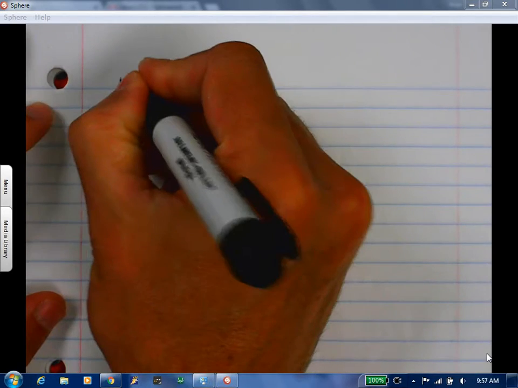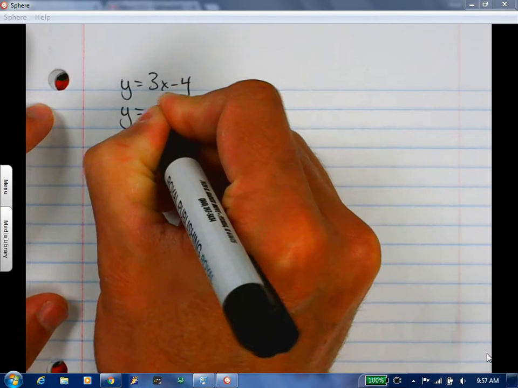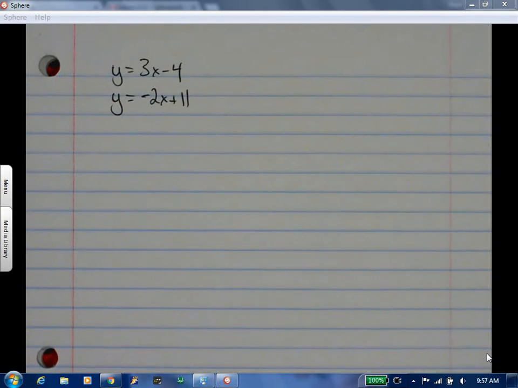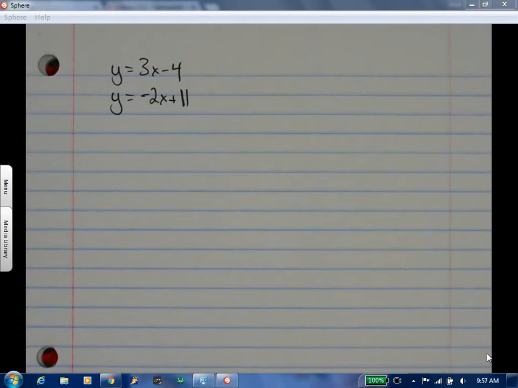Okay, what about this? This one usually throws people for a loop. Using substitution, we're not going to be graphing this. Using substitution, how do you solve that? Y equals 3x minus 4 and y equals negative 2x plus 11. Christian? You just take one of them and put it in the y. Yeah. So, which one solves for y? Both. So think of exactly what Christian said. You take y equals this, and you substitute it for the y in the other part. So the only thing that will be on this side is this other equation. So what it looks like is 3x minus 4 equals negative 2x plus